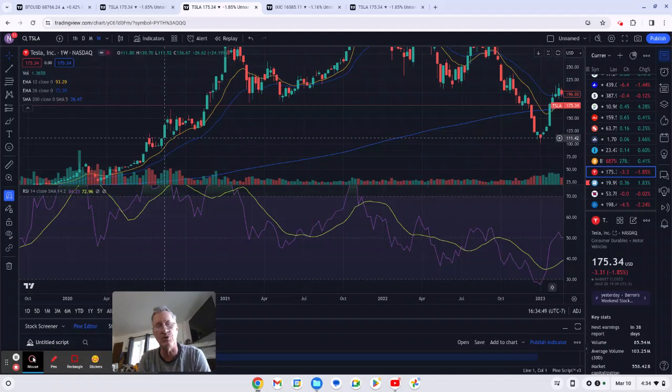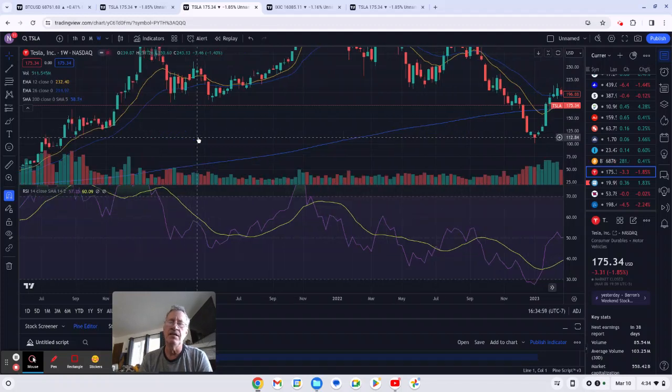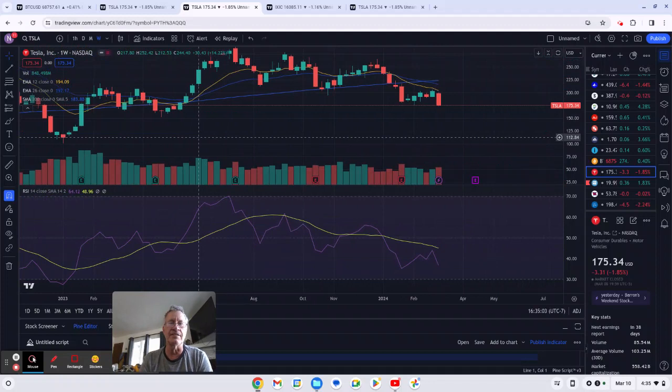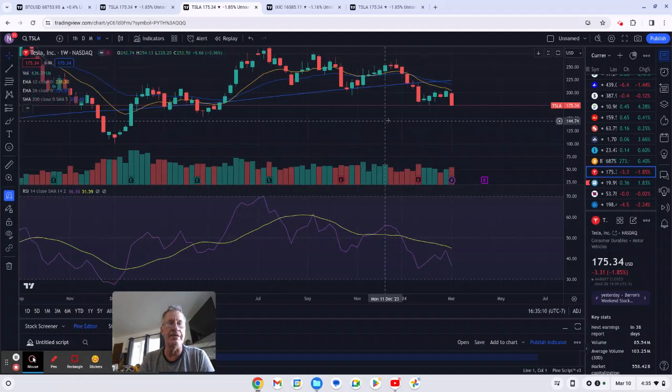So from 152 to 111, that's $40. So that's about, I don't know, a 25% range from the top to the bottom. But anyway, that is what I think we're going to retest. And the way to play it, what I think would be the smartest way to play this, number one, you've got